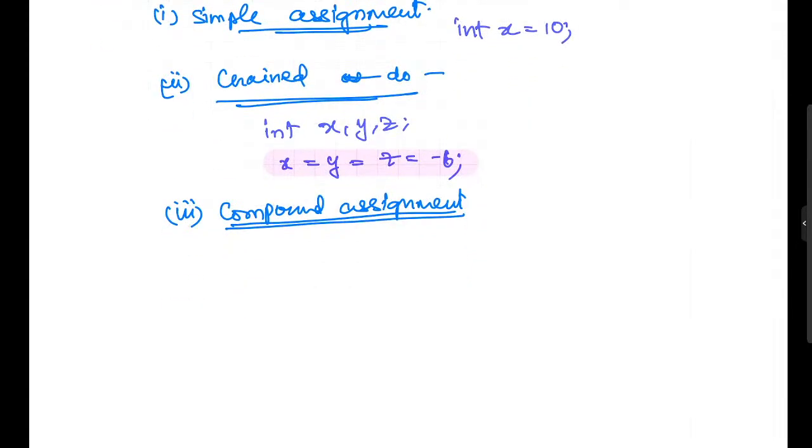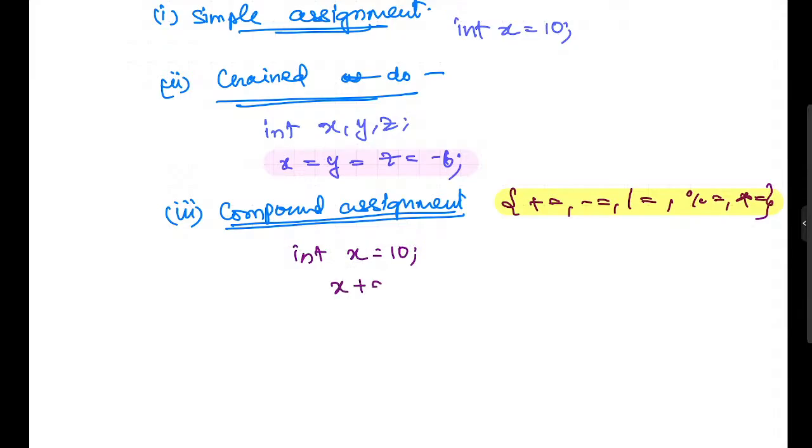Basically the operators that you generally have are plus equal to, minus equal to, division equal to, modulo equal to, multiplication equal to. So these are the ones that are compound assignment statements, right? And the way you generally do it is you use int, let's say x equal to 10. If you just do x plus equal to 900, this basically is the same as x equal to x plus 900,